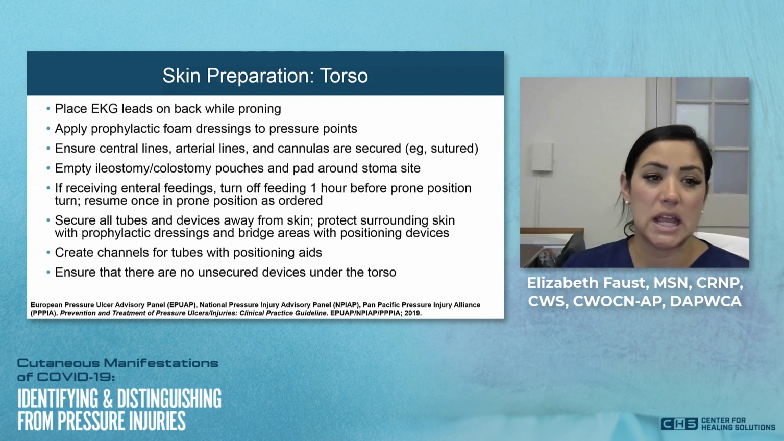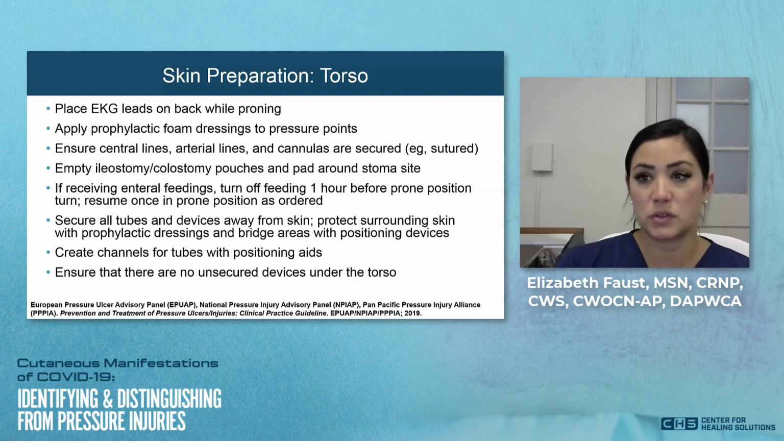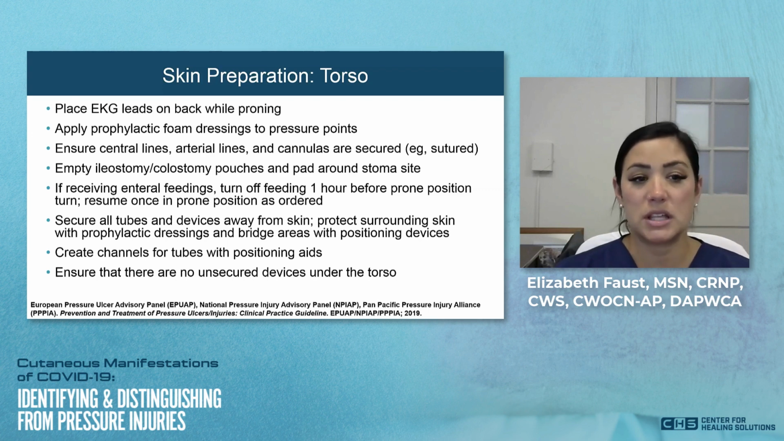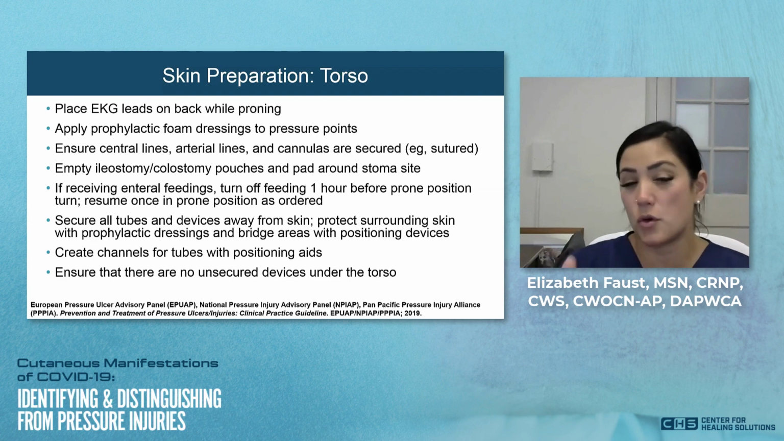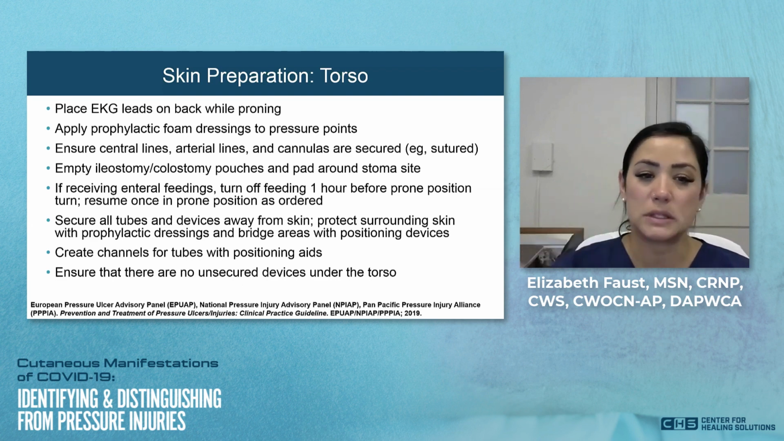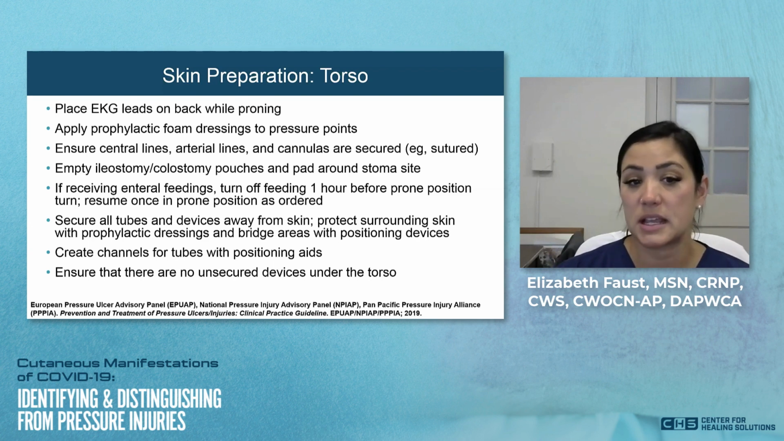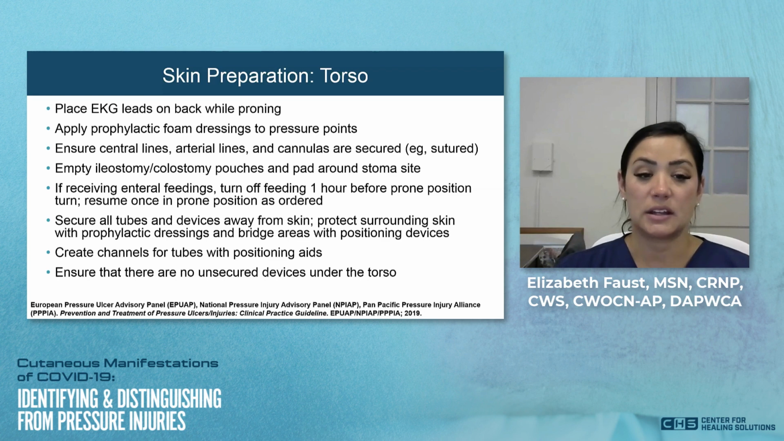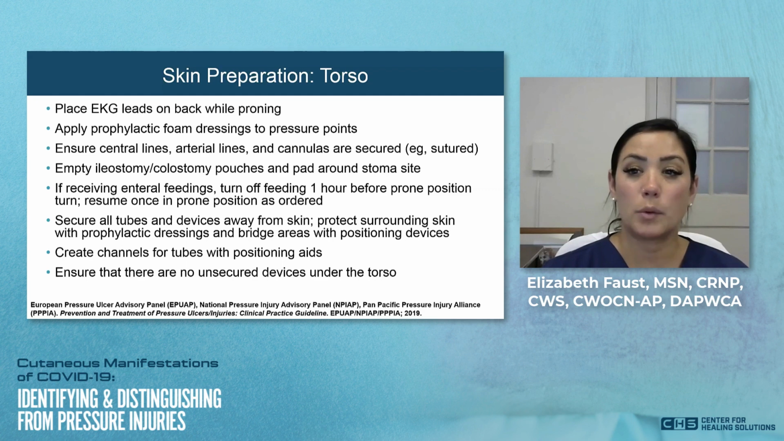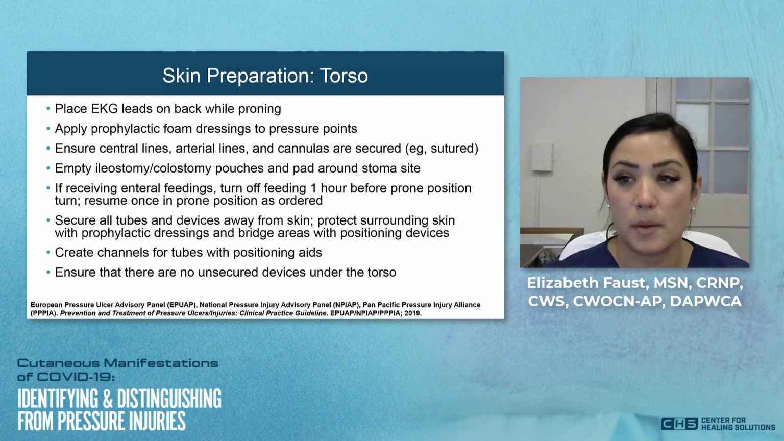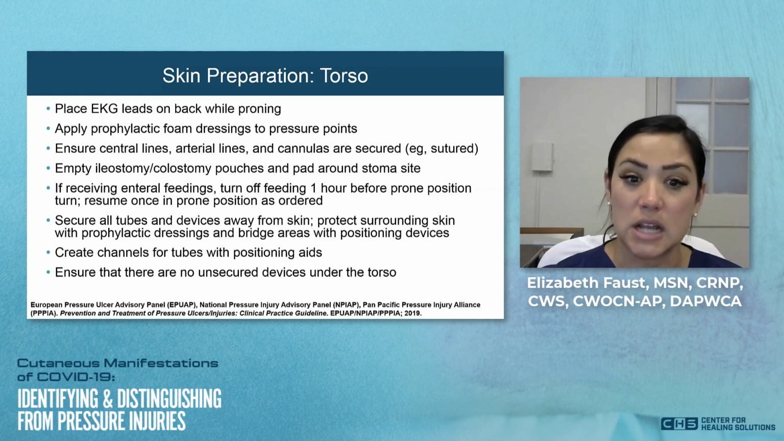You would make sure you empty any ostomy pouches and pad around the stoma site. If the patient's receiving enteral feedings, you want to turn the feedings off about an hour before just because of the movement. And then secure all tubes and devices away from the skin, protecting the surrounding skin with prophylactic dressings and bridging areas with positioning devices. And then create the channels for tubes with the positioning aids and ensure there's no unsecured devices under the torso. So when we talk about the genitalia too, we'll talk more about making sure the catheter is not underneath the